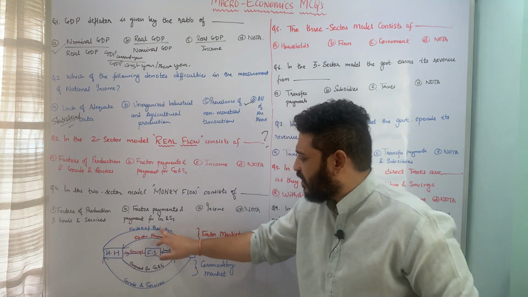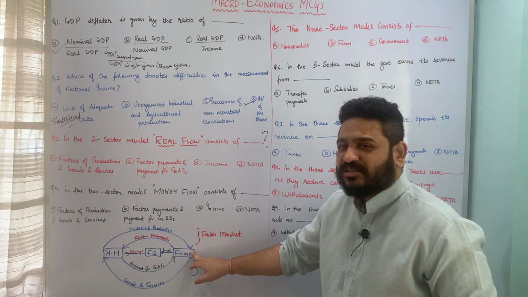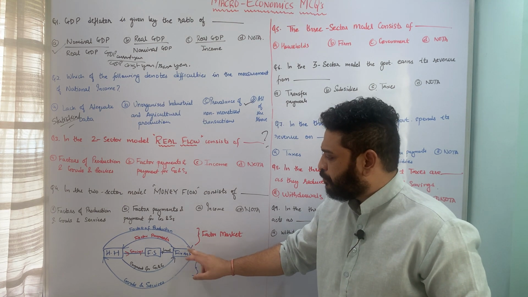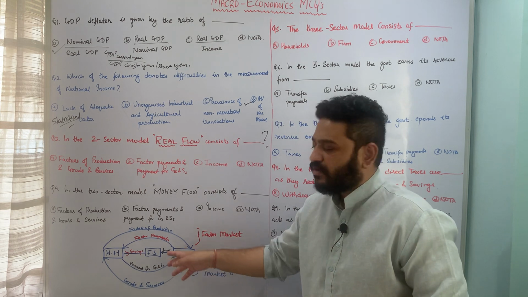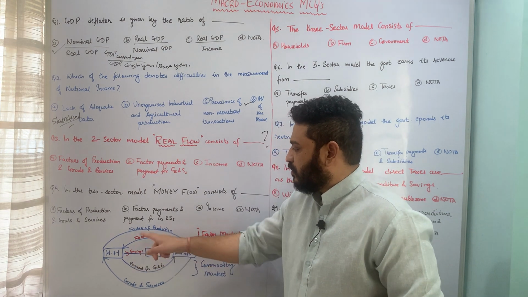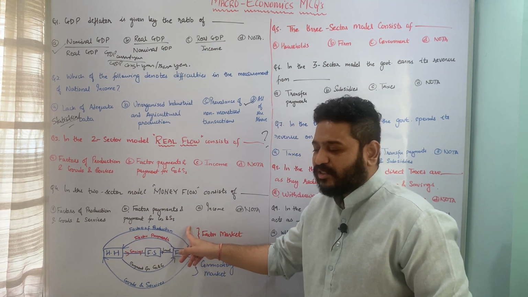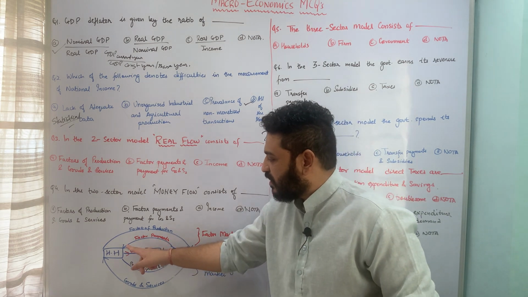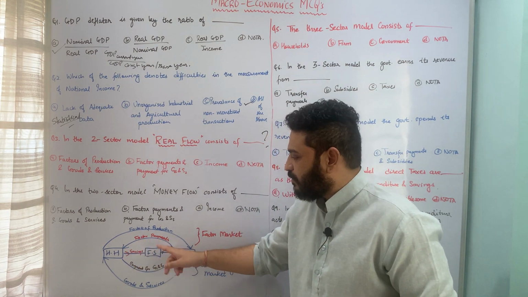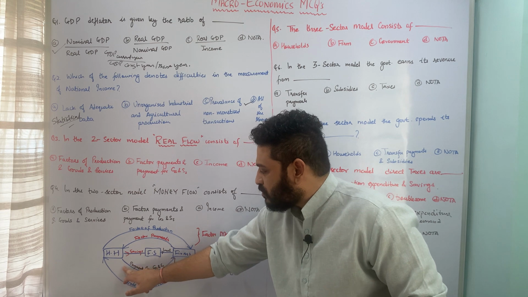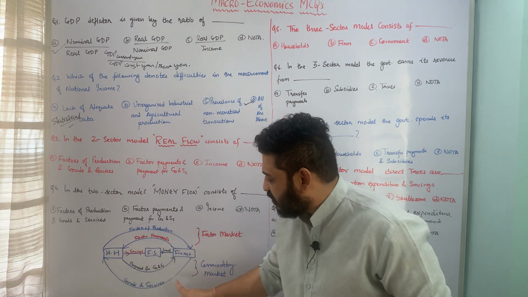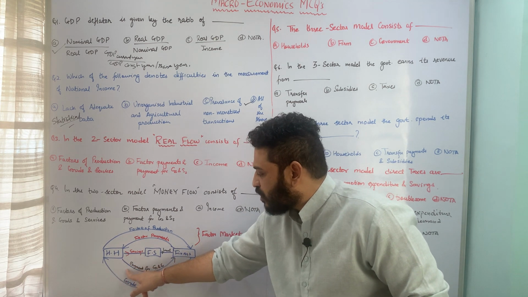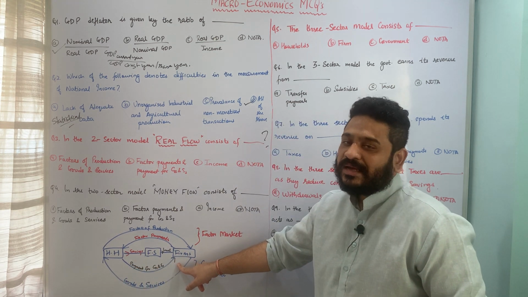Households are sending their factors of production, that means labor, to the firm. The firms are sending factor payments, that means rent, wages, whatever sort of the factor of production which is being used. So the firms are sending the money here as factor payments. Then the households are buying goods and services from the firms in this direction, and then households are paying for the goods and services which they consume.